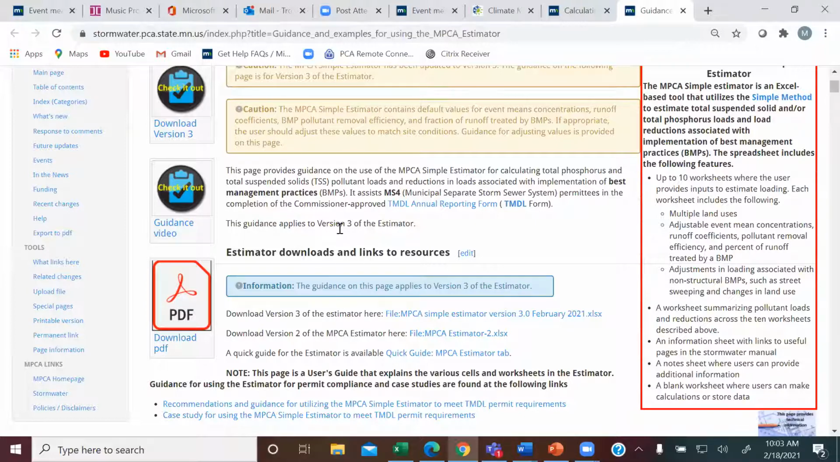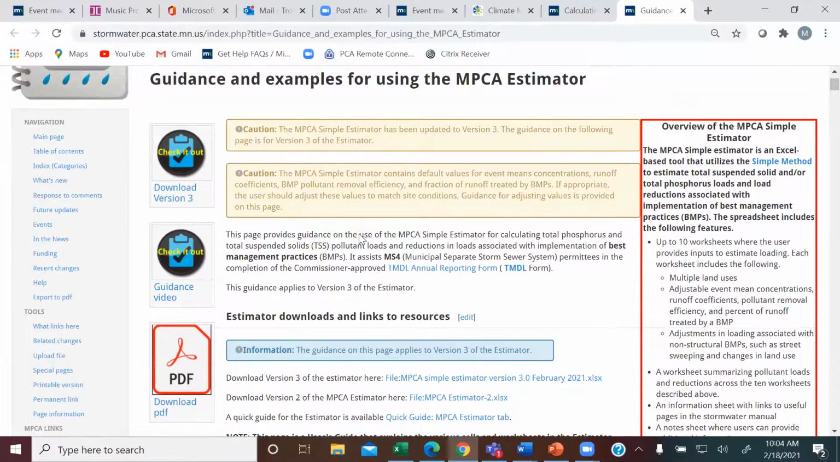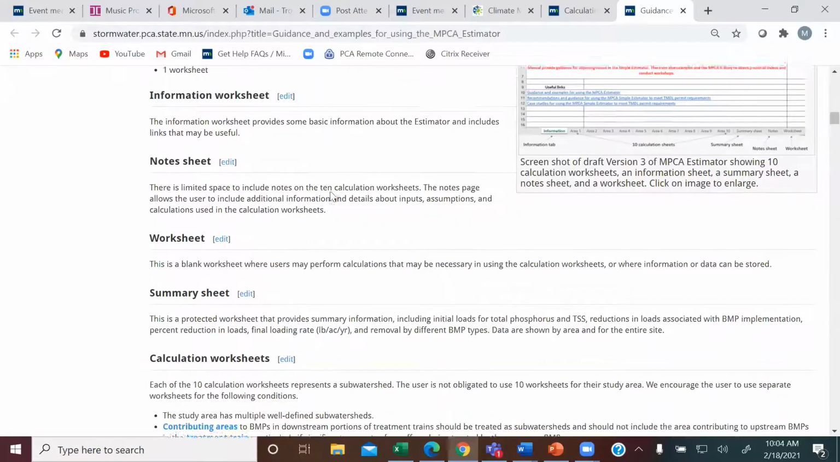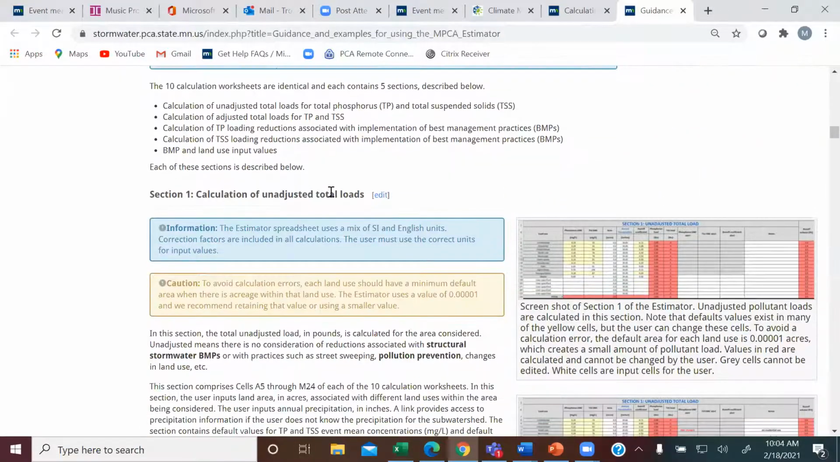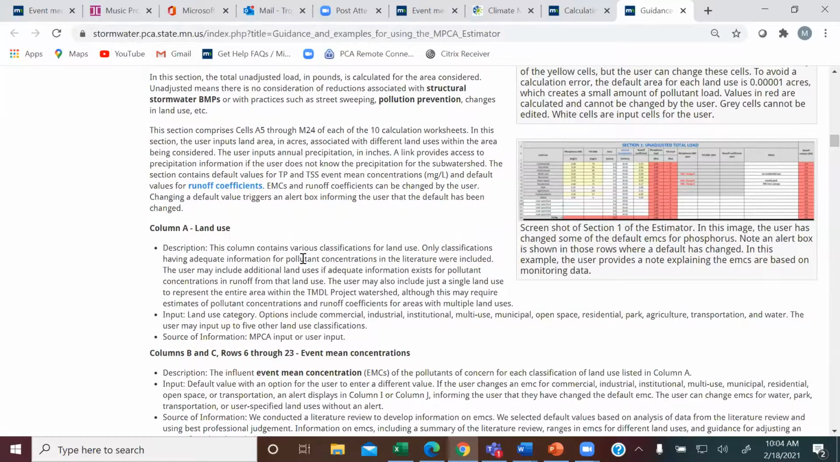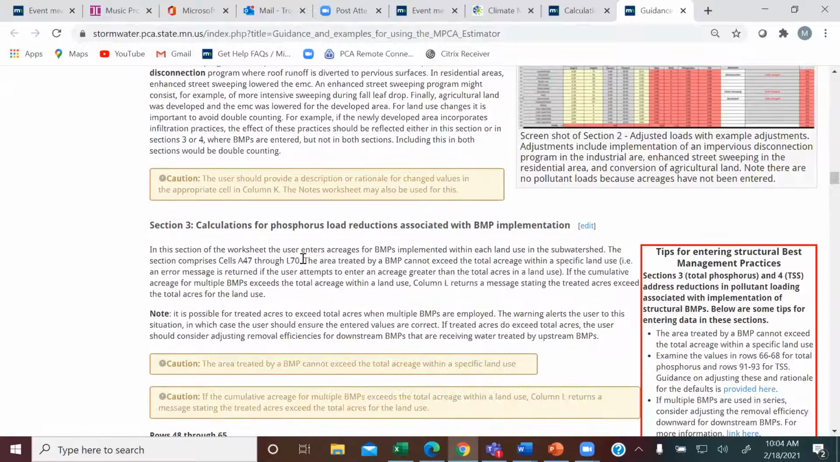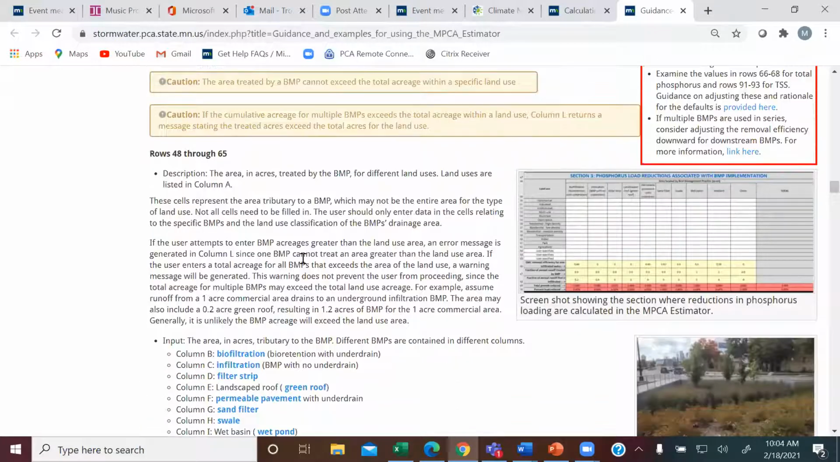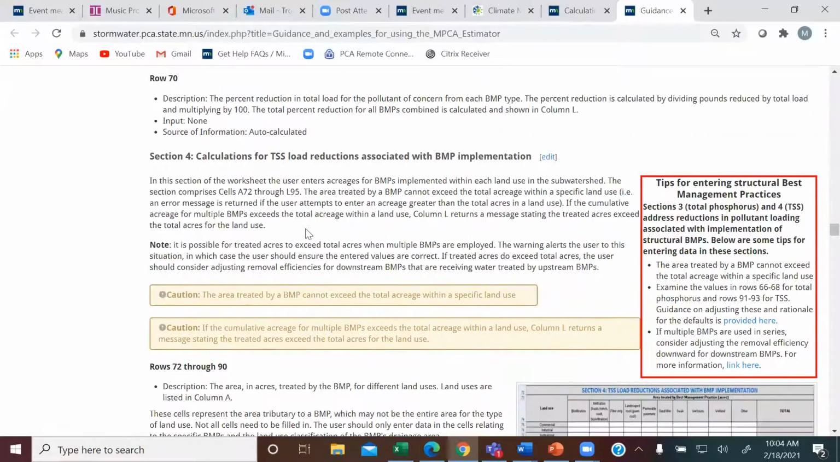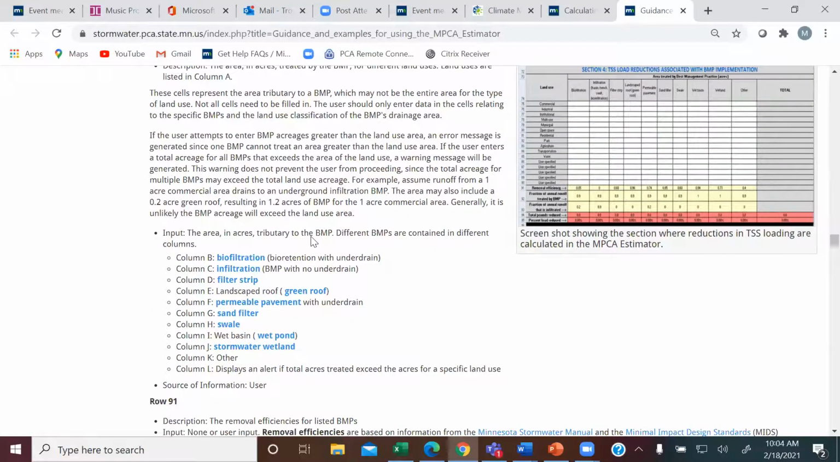There's a quick guide. This page has a general description of the estimator. It talks about the different tabs. It talks about section 1, which I talked about, sections 2 and 3, section 4, somewhere here. And then way at the bottom,